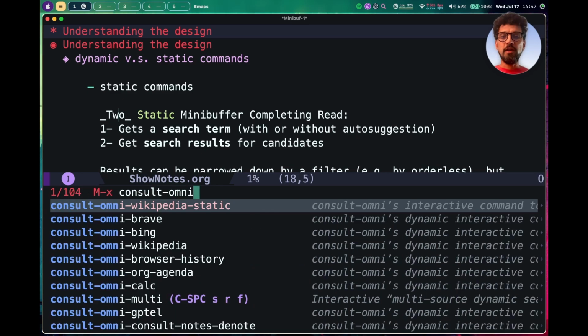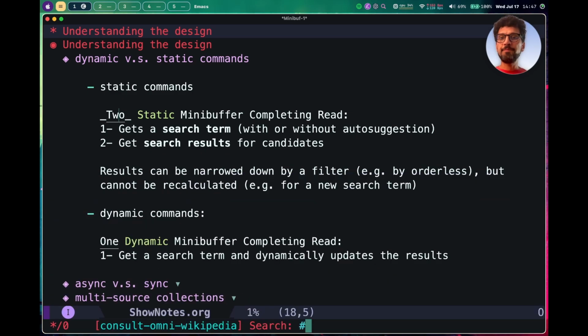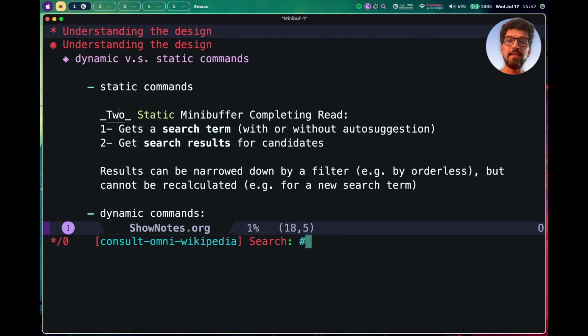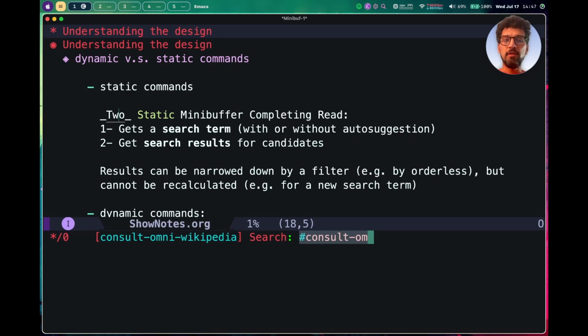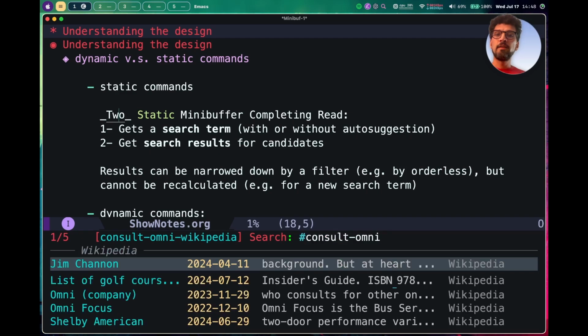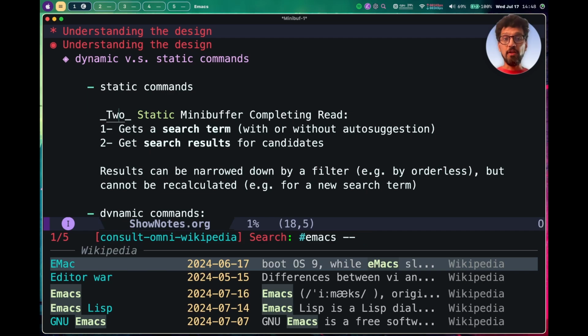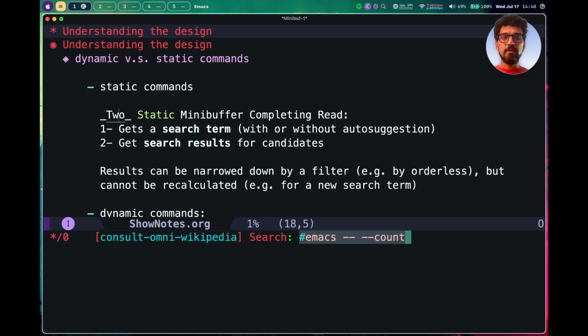But with Consult Omni Wikipedia, if I type Emacs, I can get results for Emacs, and then I can go back and change this to something else. So let's say Consult Omni. And now I get some other results. I can also pass variables here. So if I say Emacs with this syntax of dash dash from consult, and I give it a